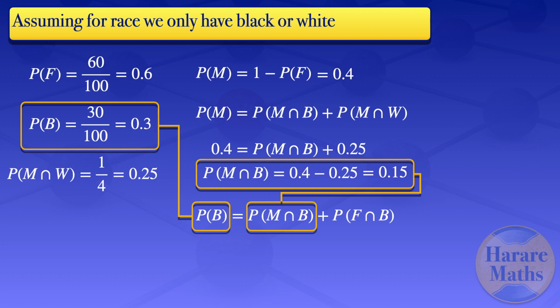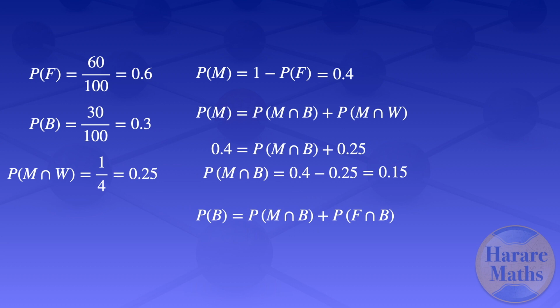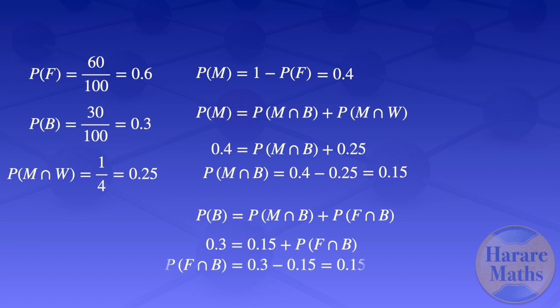So using those two values, we can calculate the probability of black females. If we substitute the values of 0.3 and 0.15, we would have 0.3 equals 0.15 plus probability of the black females. We can rearrange that equation, which will give us the probability of black females is 0.3 minus 0.15, which gives us